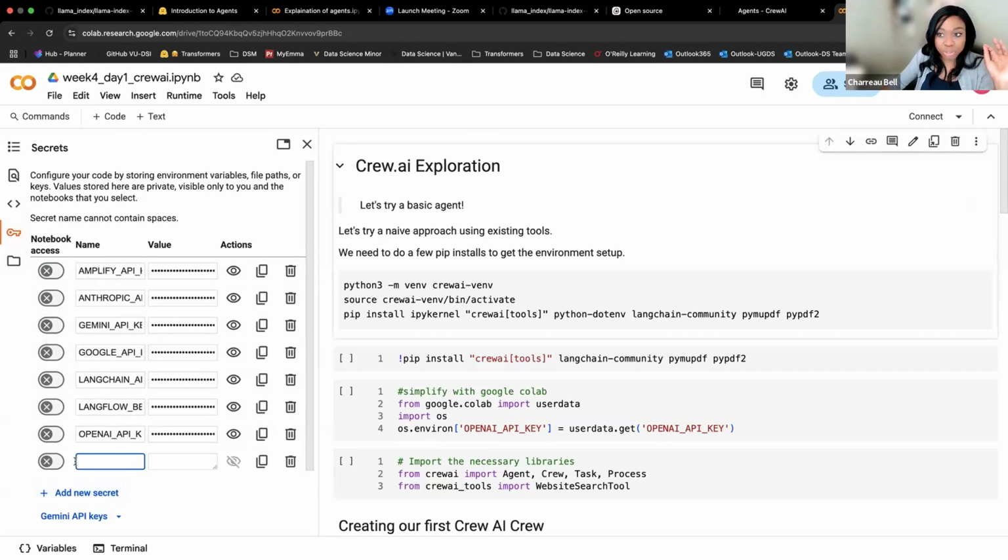You are going to go grab your OpenAI API key and paste it here. And you are going to call it OpenAI API key. Your OpenAI API key is usually going to be under platform.openai.com.